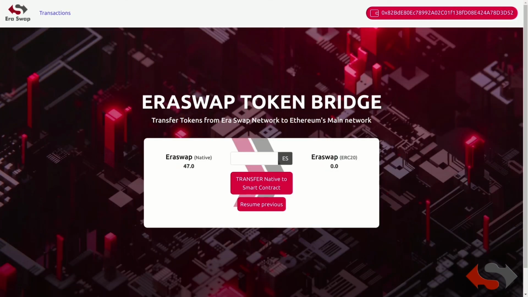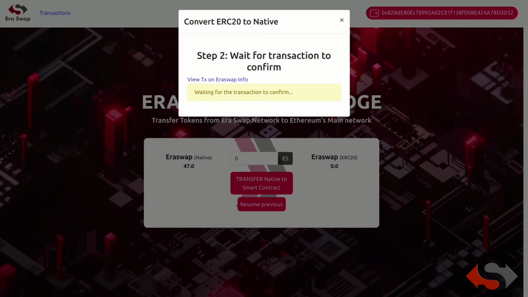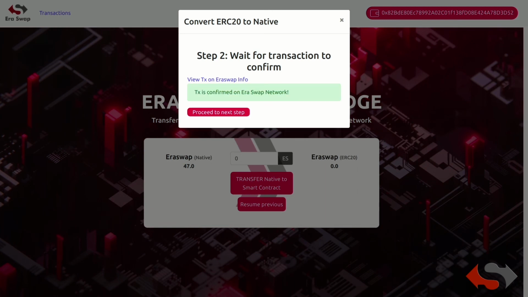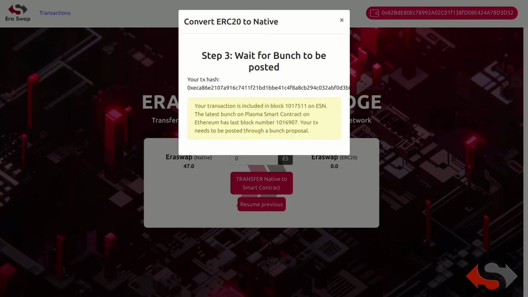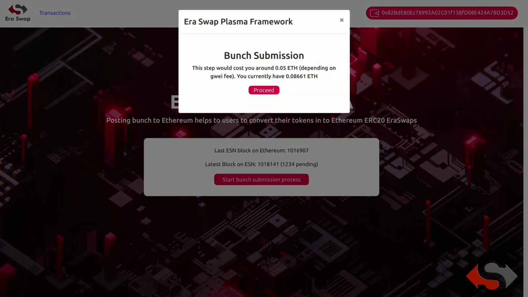Now what is left will be a single bunch. Let's check. The notification showed that my transaction is included in bunch depth 10.